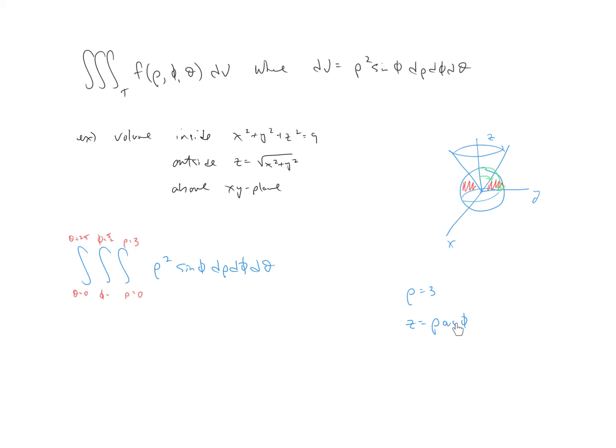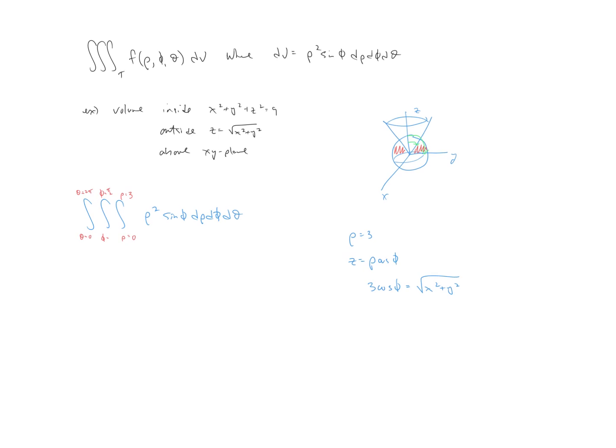I'll have my cosine of phi here, but that's also going to be equal to this guy right here. So what I'm going to have is 3 cosine phi equals the square root of x squared plus y squared. So now I can't quite solve that for phi because I still have x's and y's, but this is where the relationship between x's and y's and phi's and thetas come into play from the previous video. So let me go ahead and shrink this down and move this up a little bit, and I'll bring this guy over. So I'm going to have 3 cosine phi equals, this is going to be a big square root,